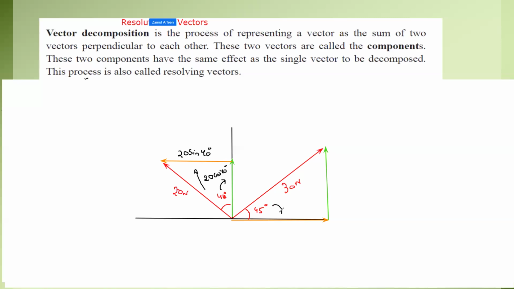So here, this is written with an angle. So if it's written with an angle, what will the vector be? This will be 30 cosine 45. And this is opposite to the angle, that's equal to 30 sine 45. Okay. Now, if you want to find the resultant horizontal and the resultant vertical,